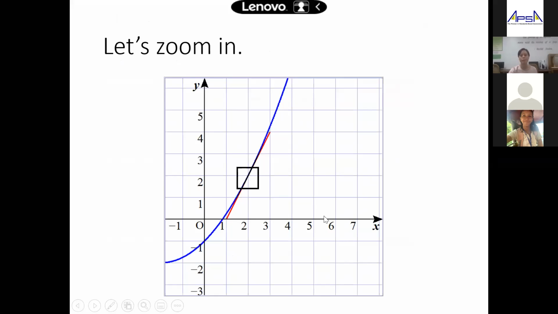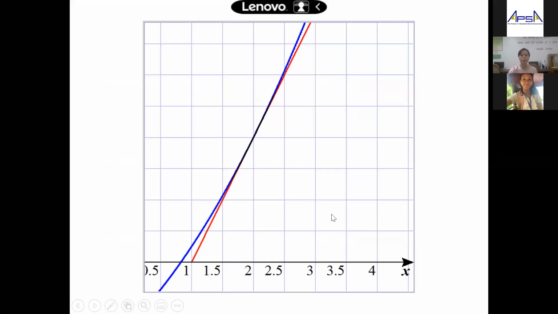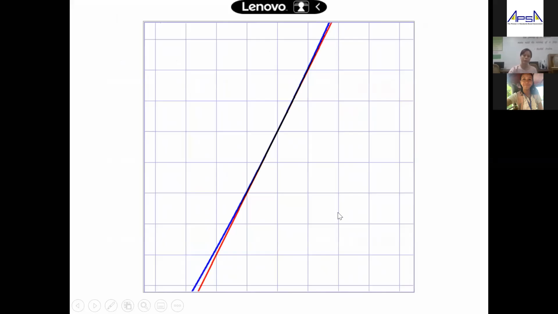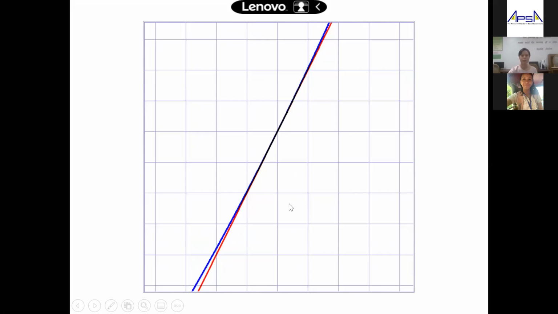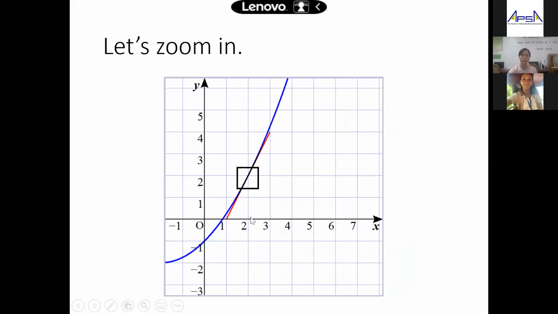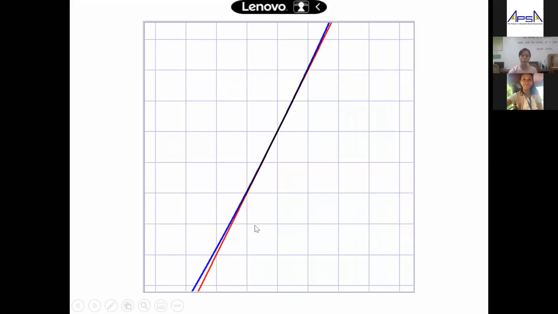Let's zoom in. So it's still the same graph, but we're zooming in. Okay, zoom in more. Notice what's happening. What if we zoom in again? Zoom in more. This is what technology can do. If you zoom in, you can see where the tangent line is and where the graph is. Earlier it looked like this, but if you zoom in and continue zooming in,